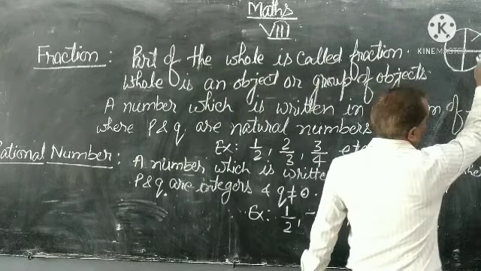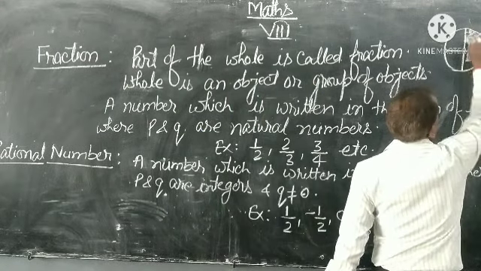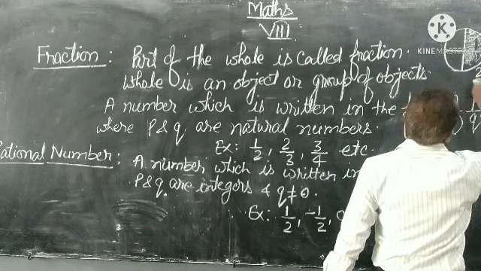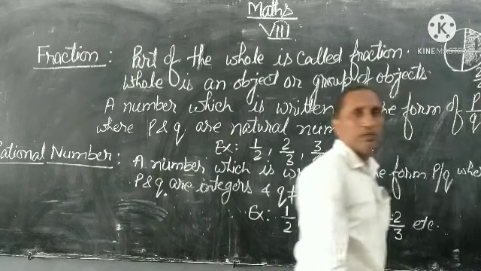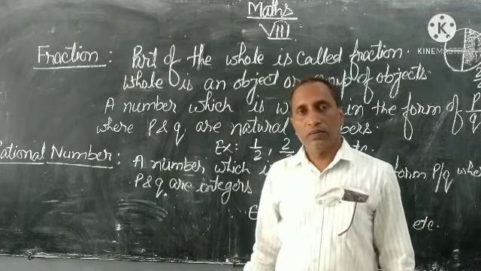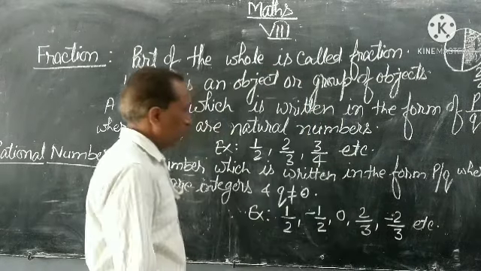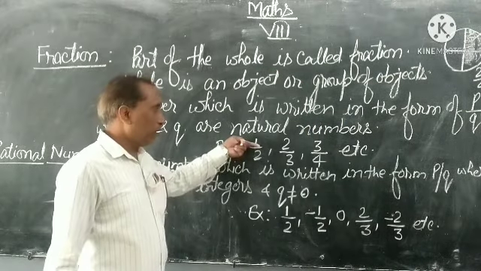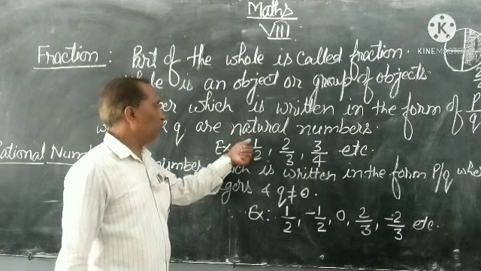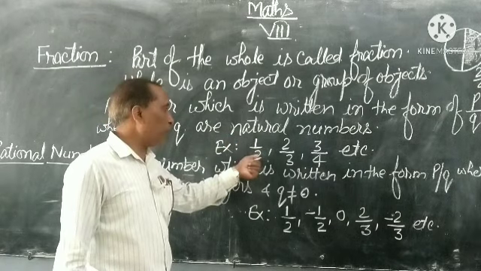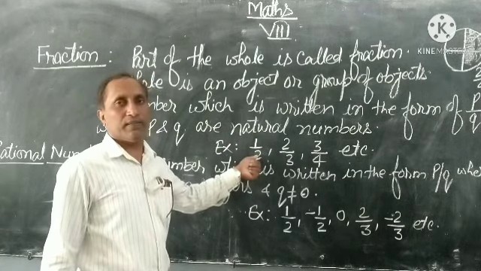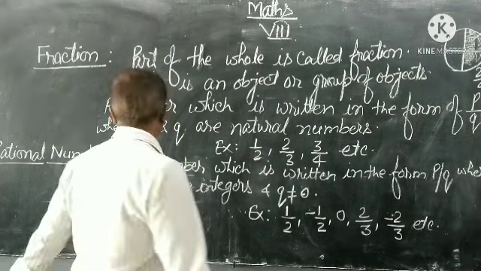When you take 2 parts from 4 parts, you get 2 by 4. In a fraction, the upper part is called the numerator and the lower part is called the denominator. Like this,